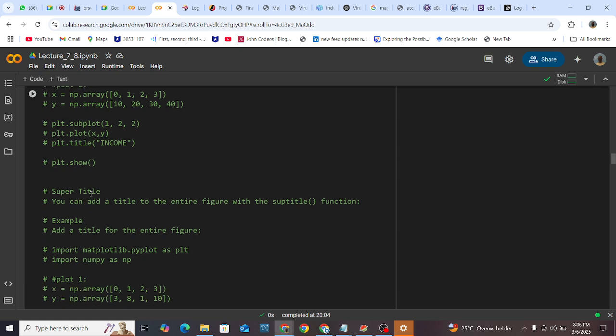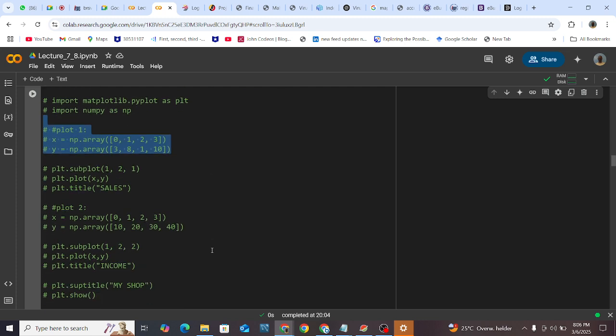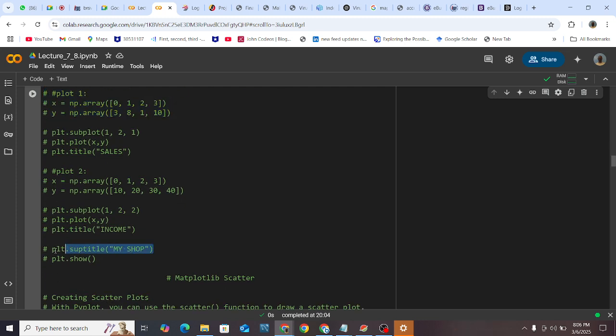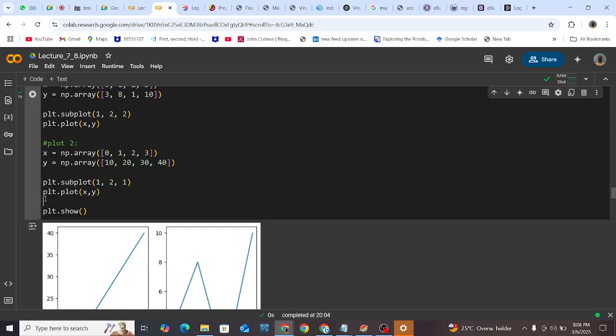We have something that we call the super title. The super title will be the title for the entire plot, but you can just use the title for each plot. We use the suptitle function to include it, so maybe you can just try to add that and see how it works. I think you can just copy that, and try to add it here so that you can see it in action. So if I happen to add